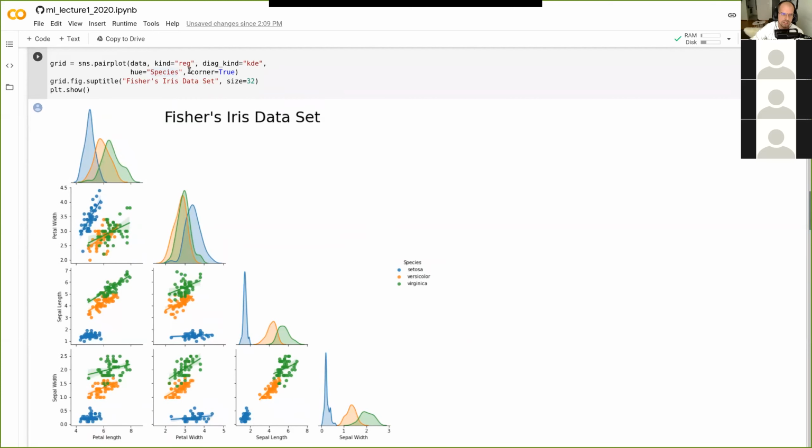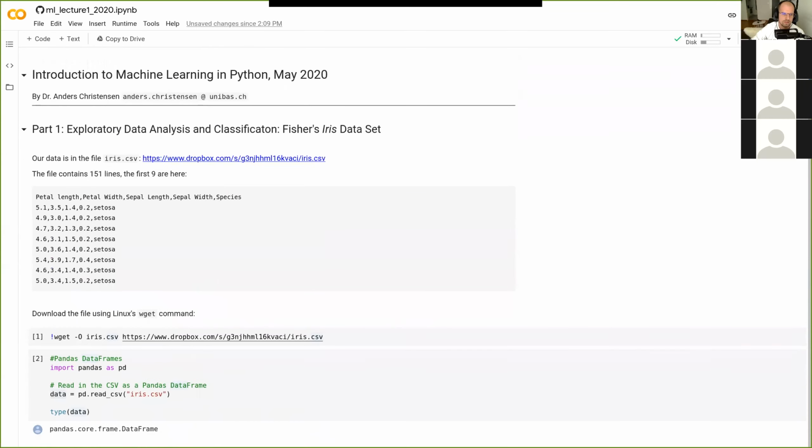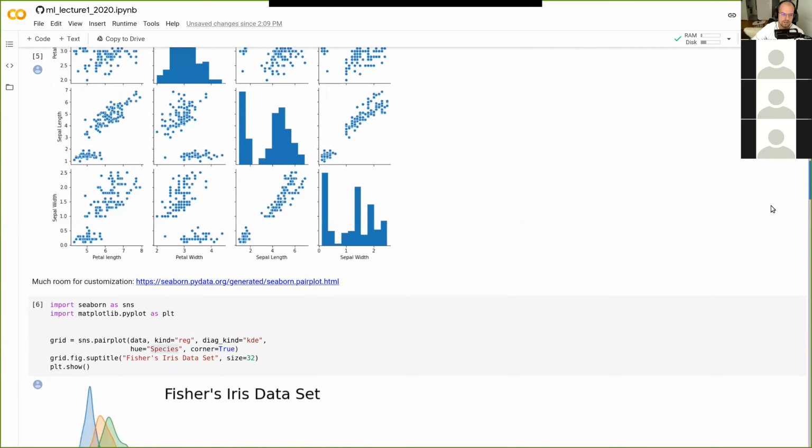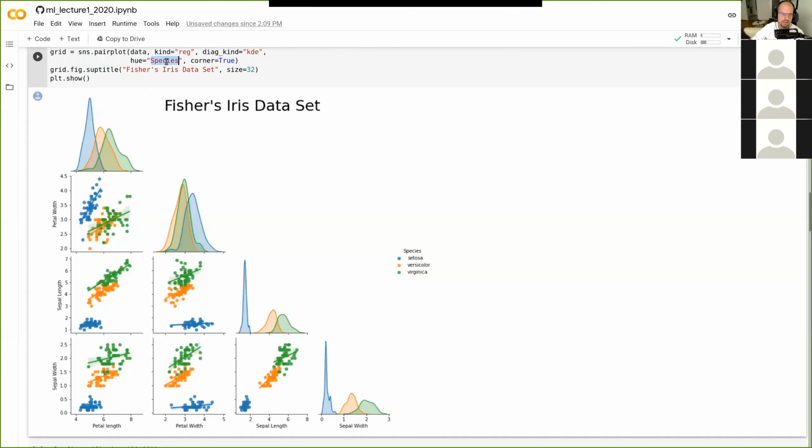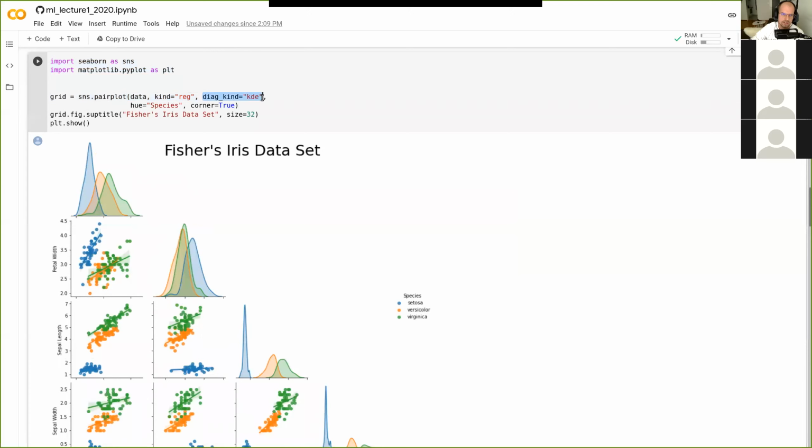Here there's a field called hue, a keyword argument, and I said to color things according to species. So one of the columns in our CSV file was species, so there's also a column in the data frame called species. So I told it to color by species, and I told it the diagonal kind is, here I call it KDE, which stands for kernel density estimate.